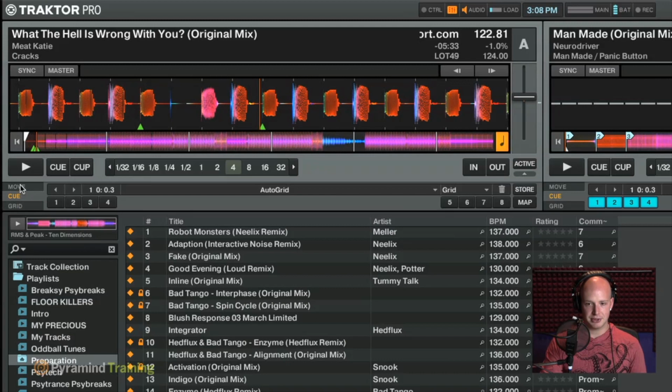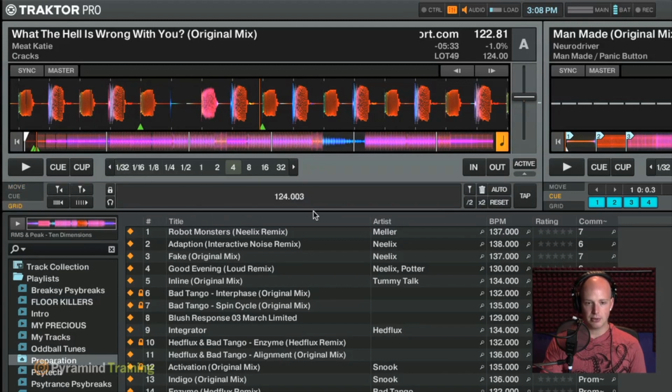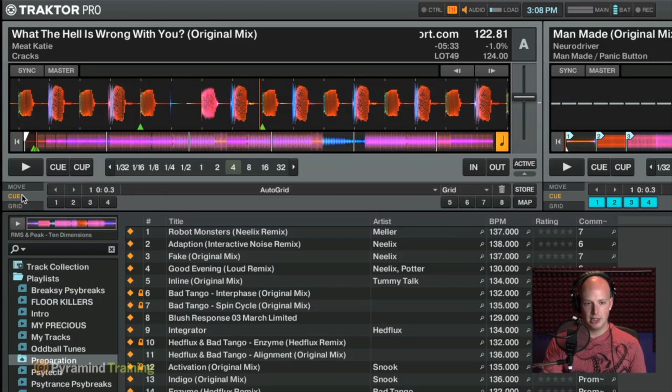The advanced section has 3 tabs. The bottom one is the beat grid section, which is where you set beat grids, control the tempo, and tell Traktor where the beats in a track are. This section here is the cue section, which allows you to set hot cue points. Again, very similar to the hot cues on CDJs, but more polished and I think somewhat easier to use than